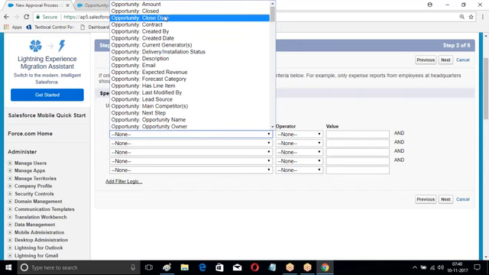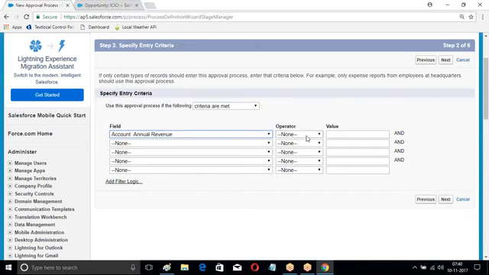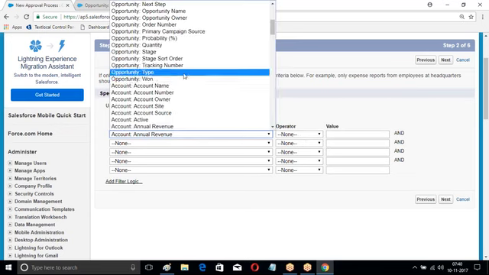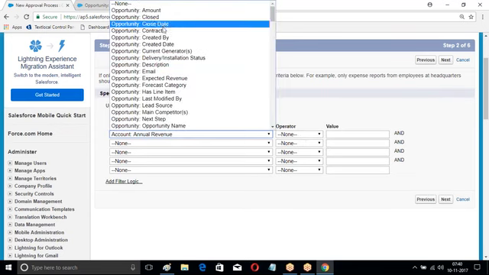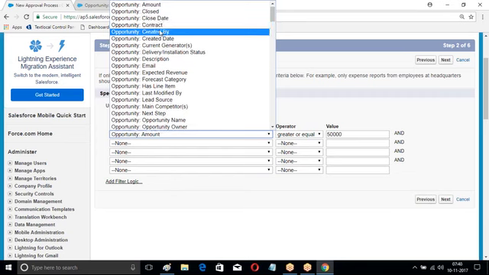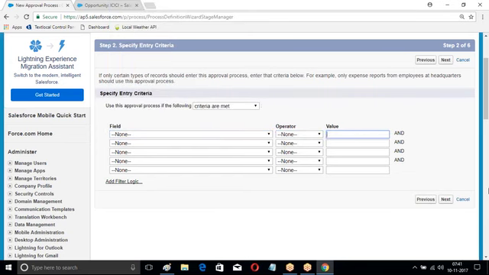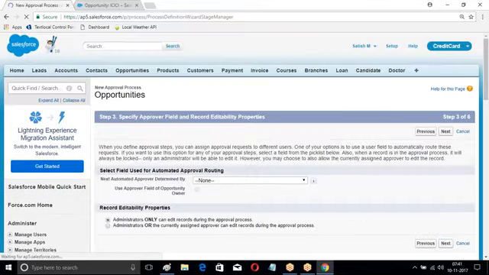Condition is met. I can say annual revenue, opportunity close date, amount greater than. Or else I can give no condition, because I will define the condition in the process builder only. Whenever a new opportunity is created,